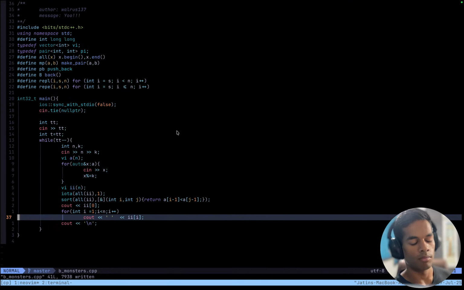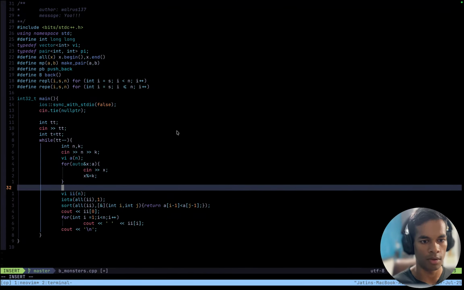The values start with 1, right? And they go up till n, and then a space, then the value. This should have worked. So yeah, I would have to see what is wrong.